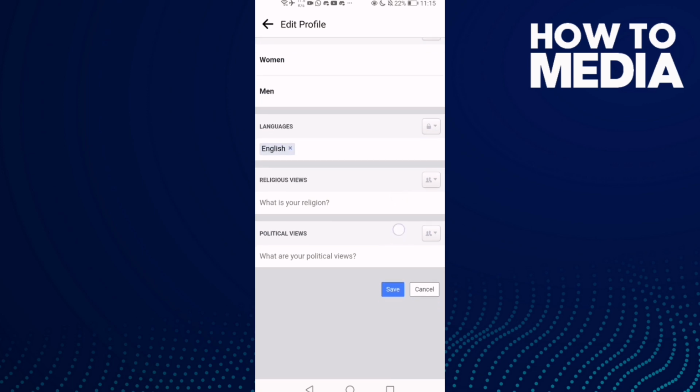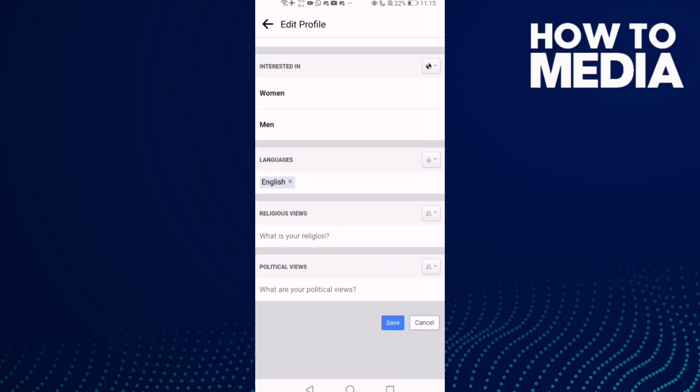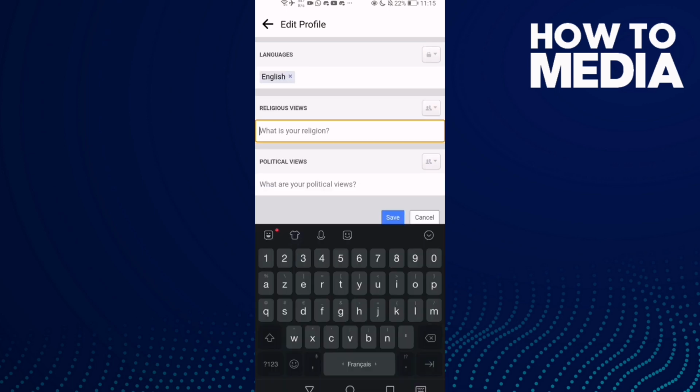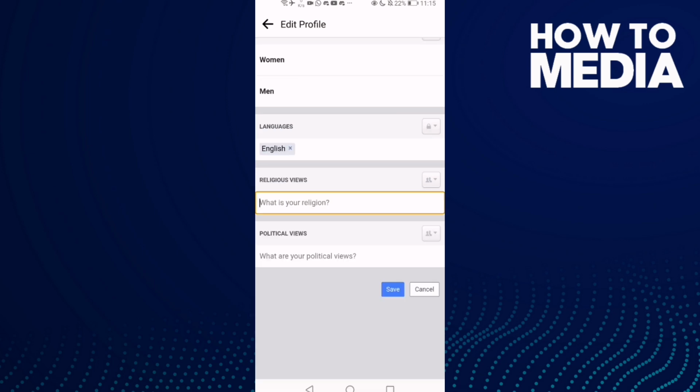click here, you will find this one, religious views. Just click here and add your religion. Click on it and add it and click save,